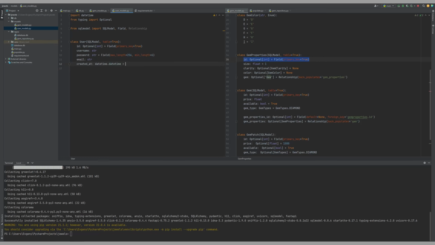By default will be datetime now, and we want to know if our user is a seller of diamonds, and default will be false. Okay,